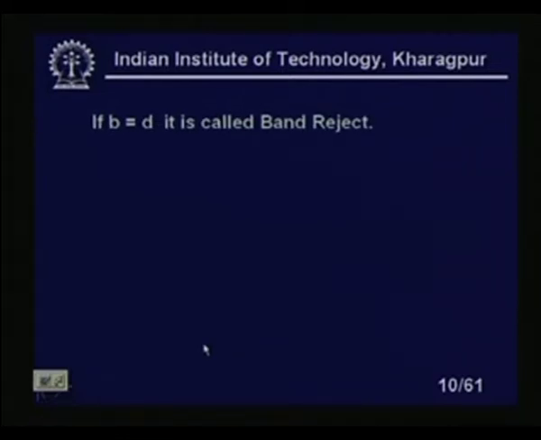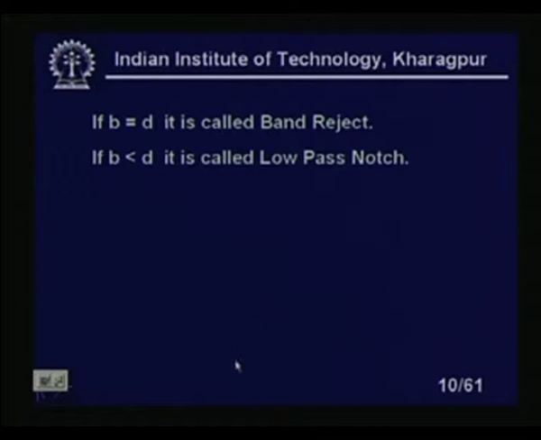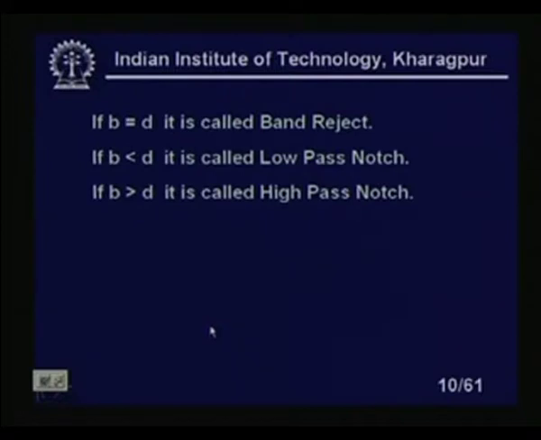Now, if b is equal to d, it is called the band reject function. If b is less than d, it is called the low pass notch function, okay. And if b is greater than d, we call it the high pass notch function, right. So, in this case what will happen, you know that you will have, suppose I have